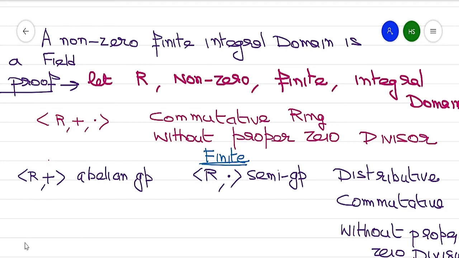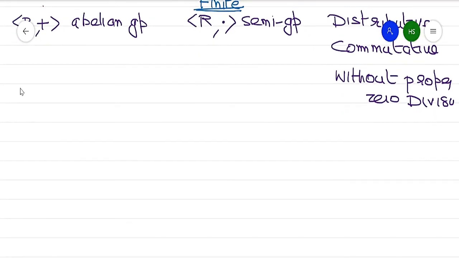So this R with the non-zero elements, so if I take this R star, it is all the non-zero elements of R. Now what is this? It is a finite commutative ring without proper zero divisors. So since it is an integral domain, it holds the cancellation law. So this R star, which is a finite